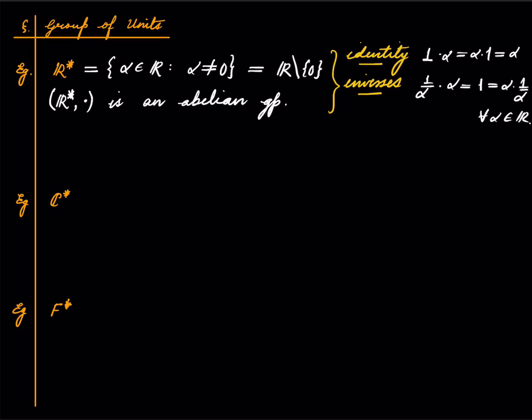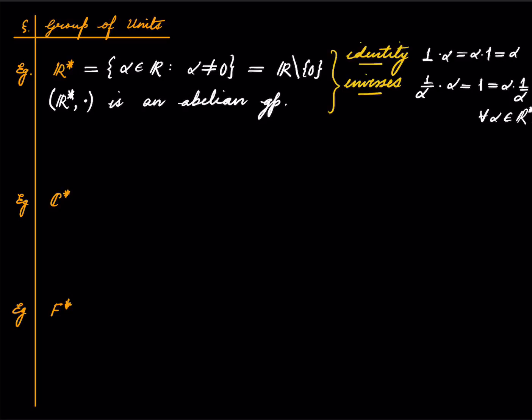So everything has an inverse, and the point is that 1 upon alpha is also a non-zero real number, because alpha is non-zero, 1 upon alpha is also non-zero. So I should not say all alpha in R, I should say all alpha in R star. Alright,